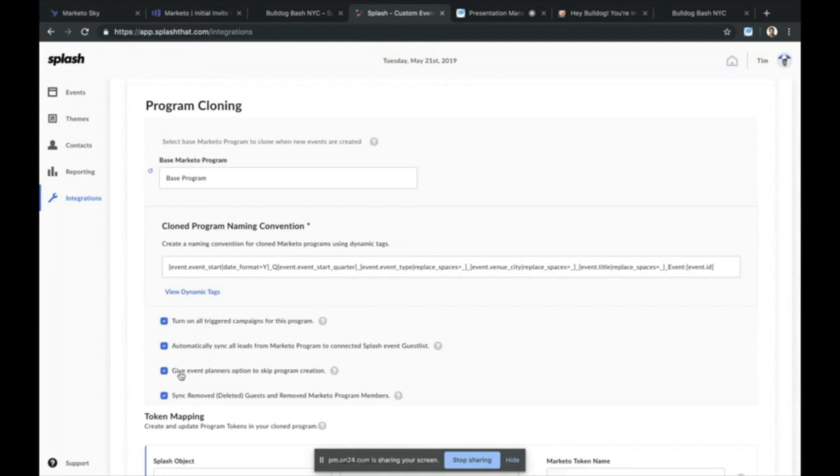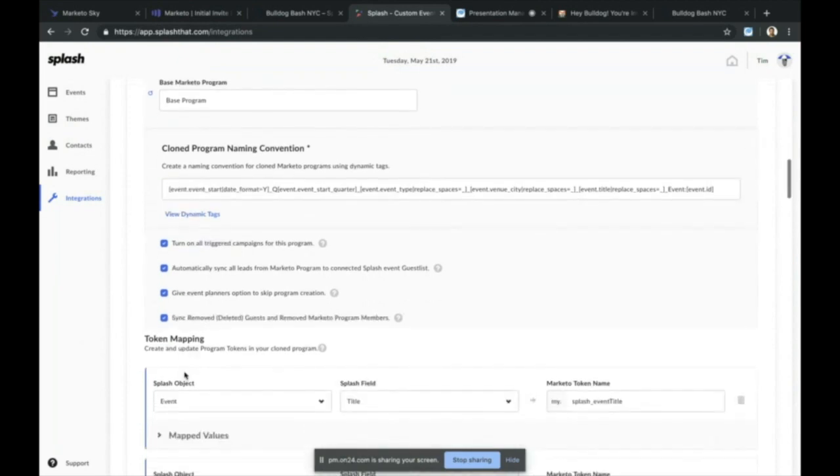The next part is giving the users the ability to skip the program creation. This is especially important for testing. If you don't want to populate a bunch of test events, or even if you're doing an internal event, you might not want to have every event clone a program. So we do give you that option, but you control whether or not users actually have that option. And then finally,